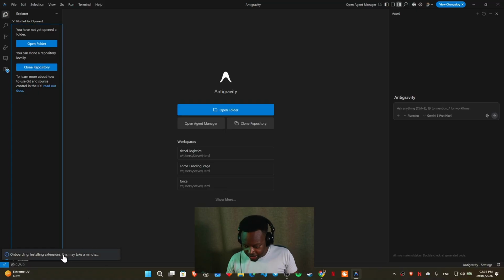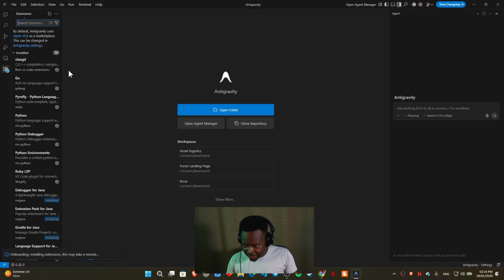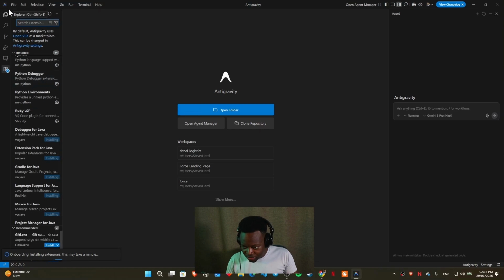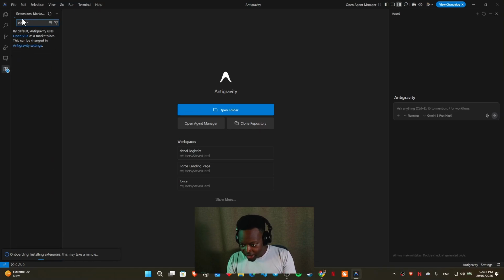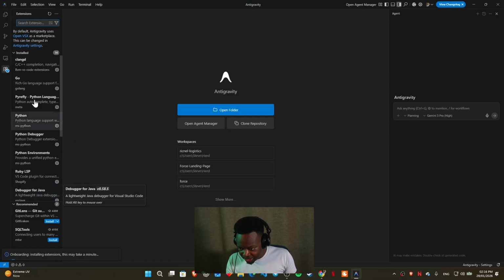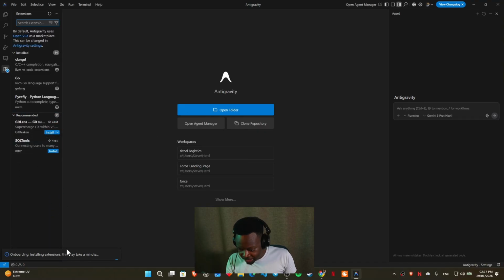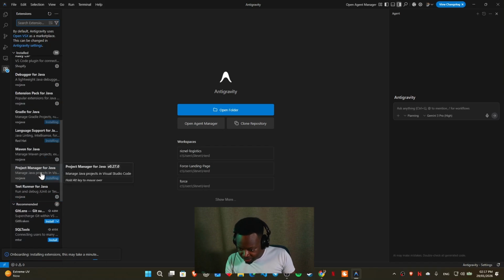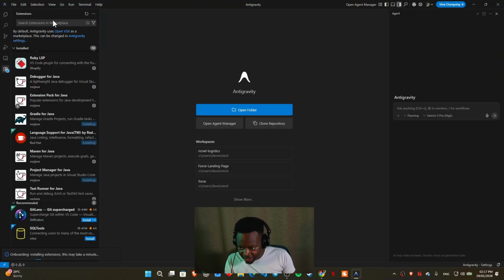So essentially what we are doing is installing the extensions. And I don't know which extensions in particular it's installing, but as long as it has my Claude Code, I am good to go. I don't know if it's actually going to install Claude Code, but let's see. Oh yeah, so it's recommending GitLens, which means GitLens is not being installed. I can see all these other Java language extensions being installed. I think essentially from the recommended side of things, we are good to go. But we'll see how to go about this a little bit later, especially for the part for the extensions. Let me just type in